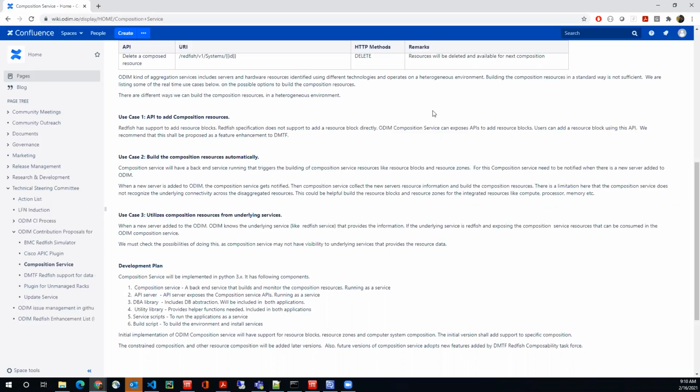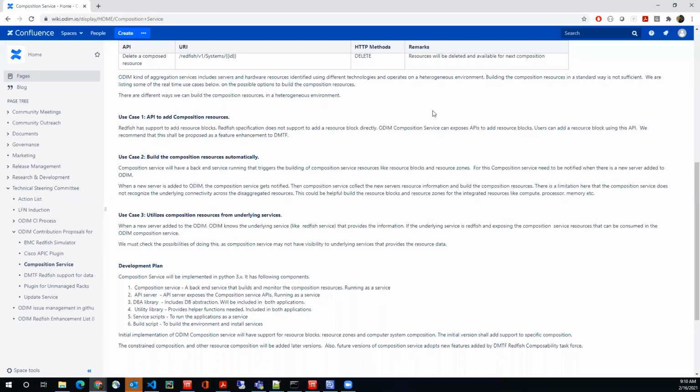The other one would need to be composed based on intent, and the specification of the intent is what's defined in the composition API. And then the results of that intent are defined in the resource blocks. But ultimately, you want to manage composed and static systems the same way.